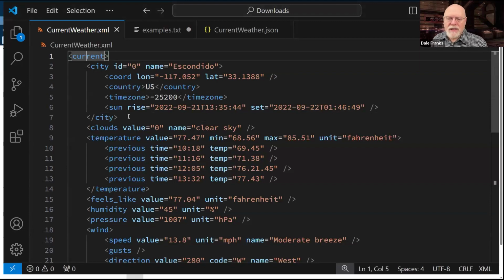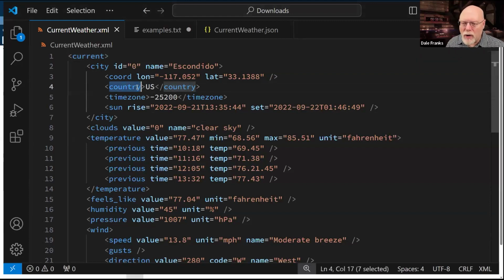So this is giving me current as my first node. Okay, well, there's current. So what's my next? I'm trying to get to country. So what's my next node here? That next node is city. Okay, so I've got current, then it goes to city, and then inside the city node, indented in here, is country. So current, city, country.